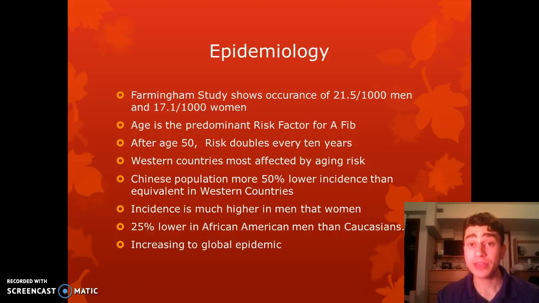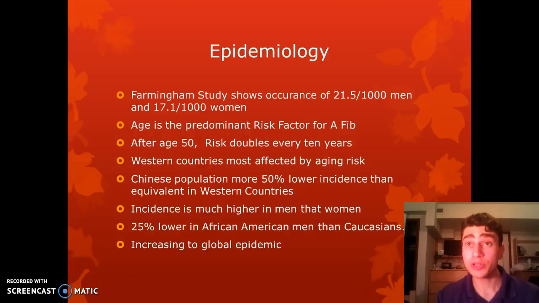We have found that the predominant risk factor of AFib is going to be age. Typically, we're focused on age 50, which is where we see the most cases of AFib. And with that, every 10 years after age 50, the risk for AFib will double. And in addition to that,